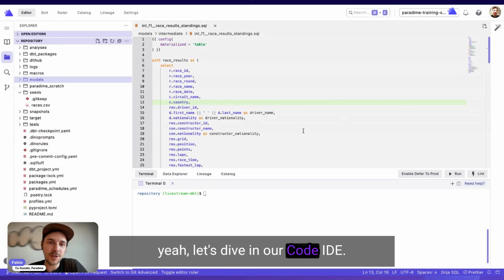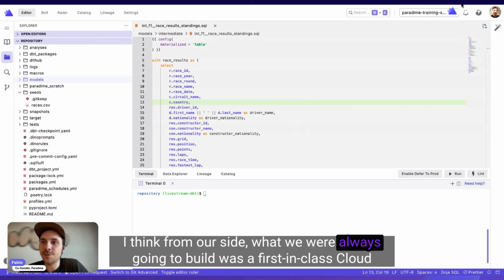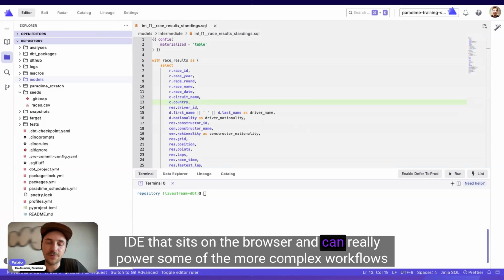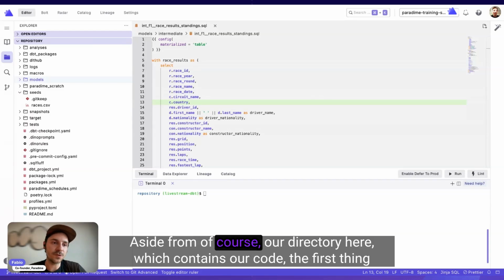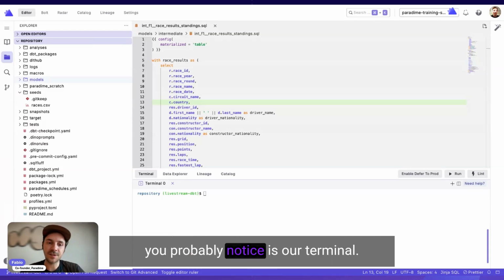Yeah, let's dive into our code IDE. I think from our side, what we always wanted to build was a first-in-class cloud IDE that sits in the browser and can really power some of the more complex workflows that data engineers tend to perform. Aside from, of course, our left tree here, which contains all our code, the first thing you probably notice is